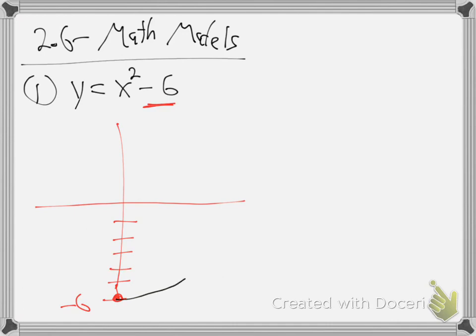Let me draw it. Like that. So there's what you're looking at. You know that right away because you know graphs. So it's at down 6. Now, what are we going to do from there? So that thing's down 6. So now,